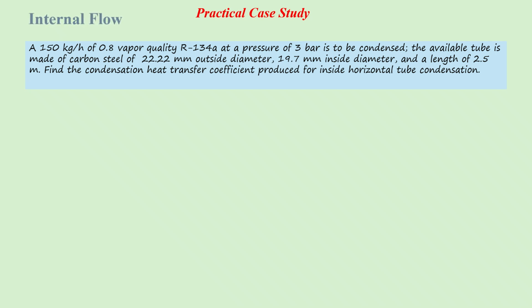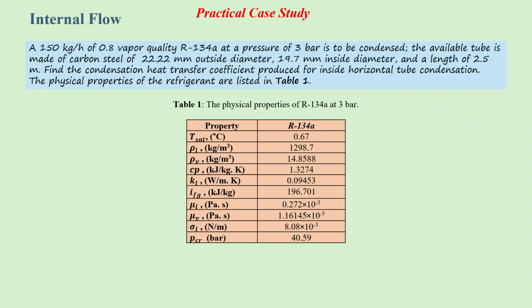So we have a horizontal tube made of carbon steel with outside diameter 22.22 millimeter and inside diameter of 19.7 with a length of 2.5. The question is, how can we calculate or estimate the condensation heat transfer coefficient of this process when